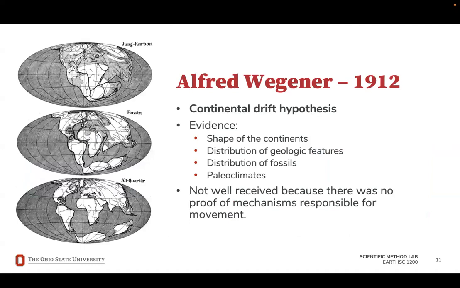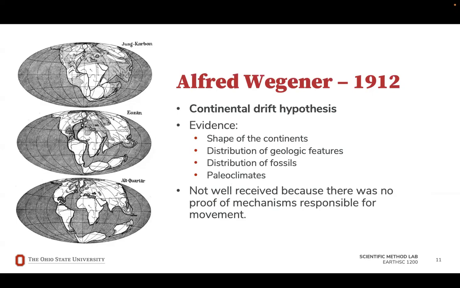One example of combining each of these spheres in Earth science comes from Alfred Wegener in 1912. Alfred Wegener was a German scientist who proposed the theory of continental drift in 1912. Wegener noticed that continents like Africa and South America fit together like puzzle pieces and had matching fossil evidence. He hypothesized that all continents were once joined in a supercontinent called Pangaea that broke apart and continents drifted to